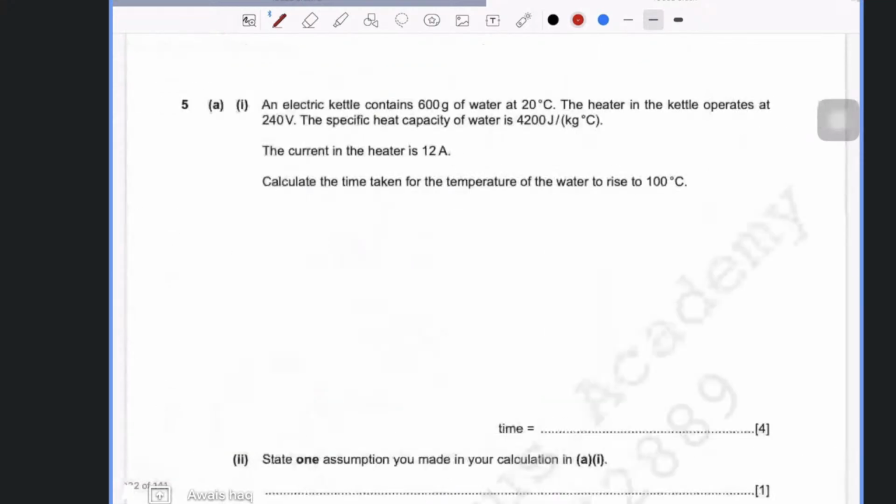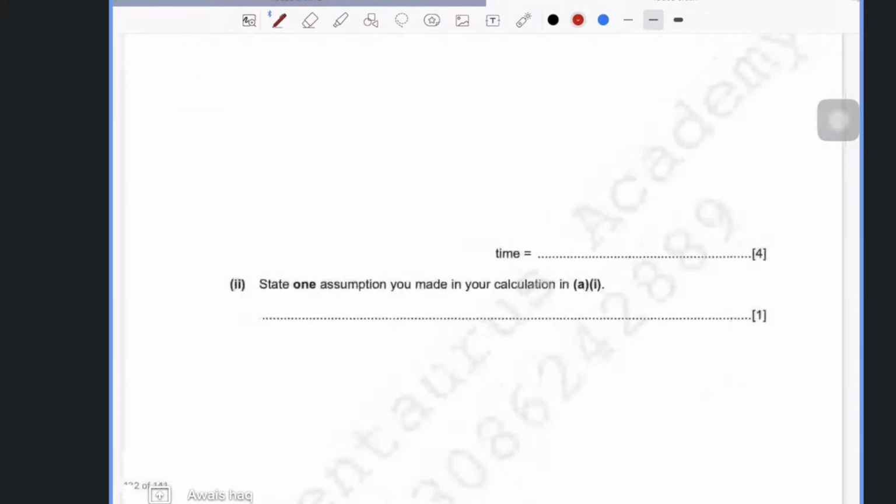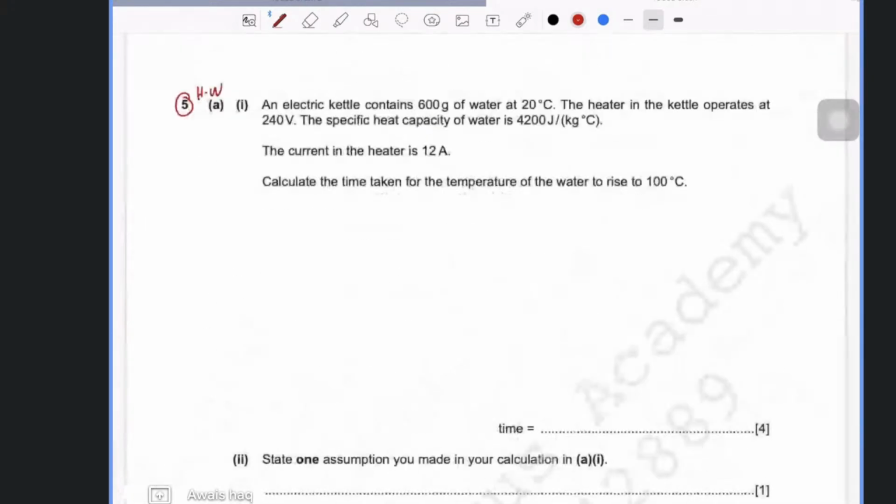So now, please do this as your homework. This is a similar question. And then we're going to start from this from Sunday. Okay. If you guys have any questions, please let